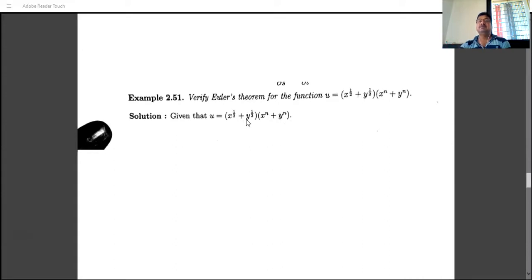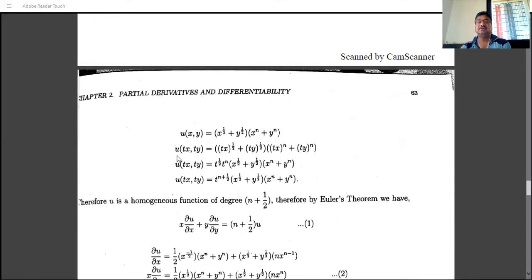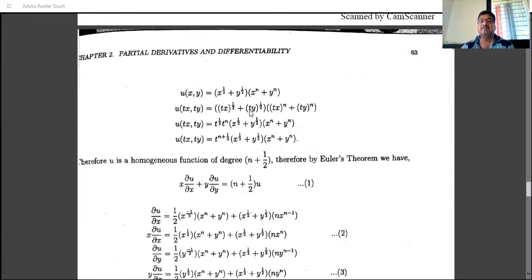If there is multiplication, then there is addition of the degrees. That is, the degree of this function is half and the degree of this function is n, and so the degree of this whole function is 1/2 plus n. Why is this? Because if you take u as this function, then u of tx, ty: if you replace x by tx and y by ty, then we have this, and take this t raised to